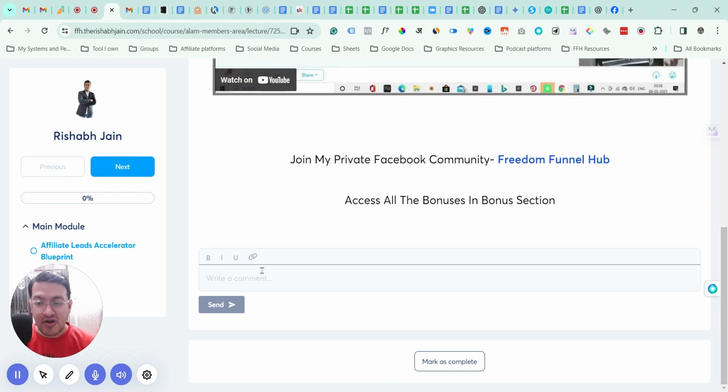Okay, so this is how you can enable the comment section, and once you have it, you can use it in many different ways to get feedback and to communicate with your students and keep them engaged. Okay, so if you are not using this feature of system.io, go and do it and see how it can be